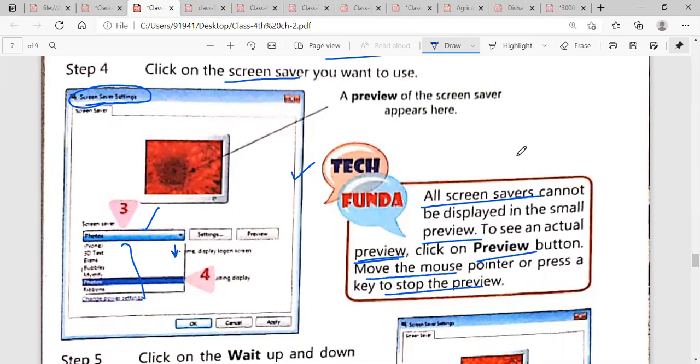If your screensaver is appearing on your window and you want to come back to your desktop, you can click the mouse or press any key and then your preview will be stopped.